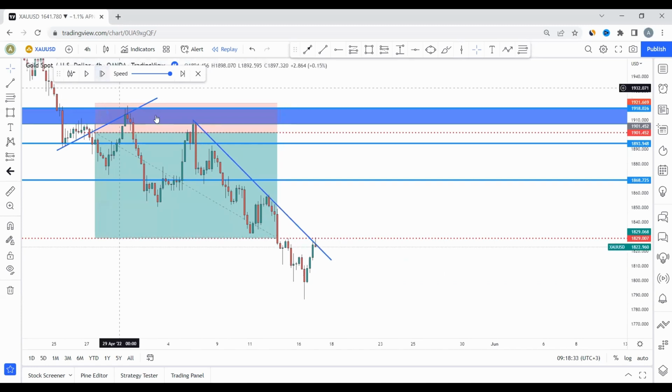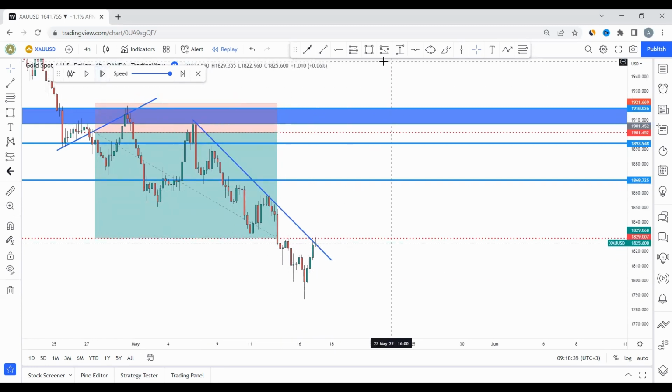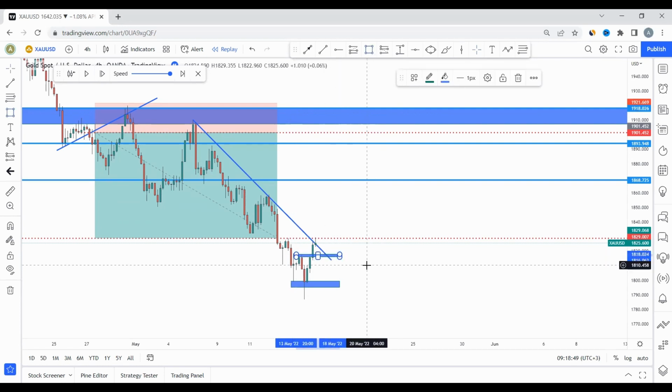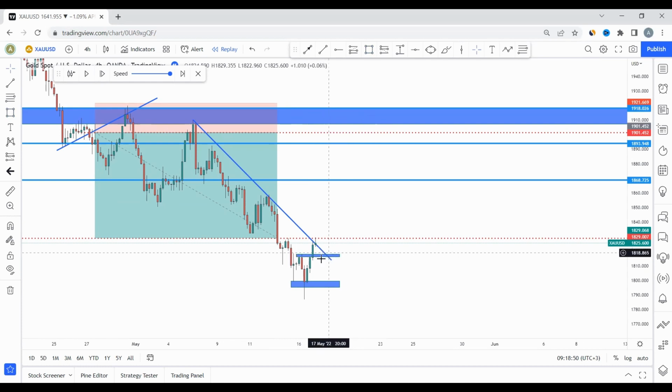Now, this is the first time the market communicated to us that, hey, there's a possibility of the market not continuing down by creating this double bottom, the first bottom, the second bottom, and then creating this W here. Now, after W, the same principles happen, but this W is in an entry time frame, so you're going to use it to take your trade. So our entry is going to be when the market comes back here, right?